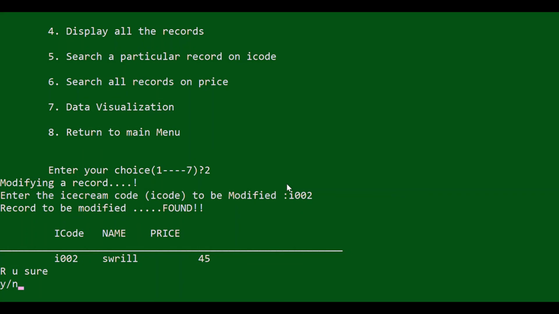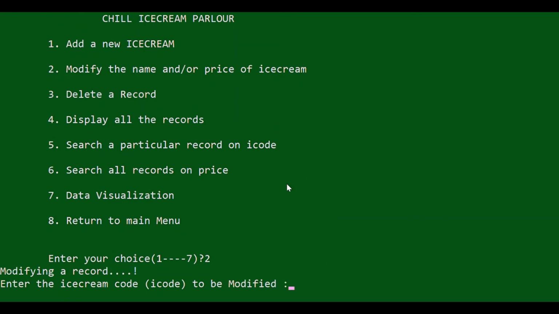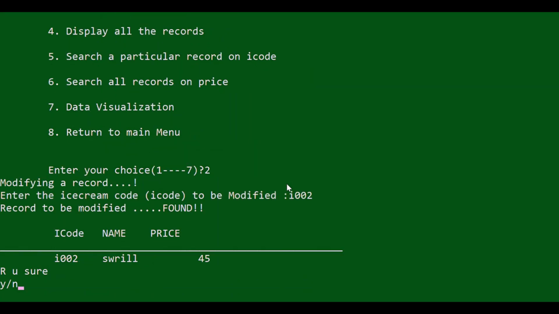I said no, I do not want to update. I entered it by mistake, so I said no. Press any key to continue. So I tested again whether my data is intact or not. You can see here that my data is still here.